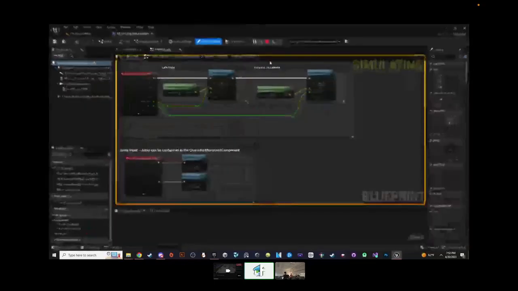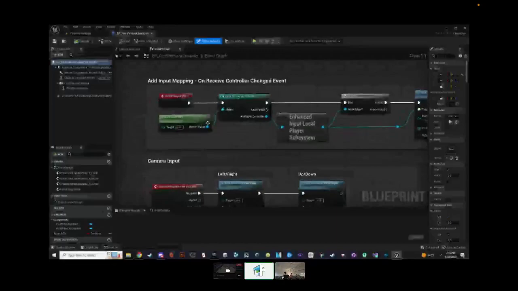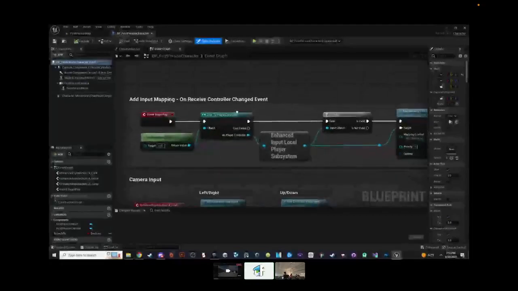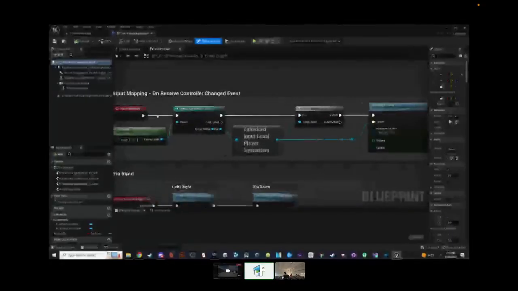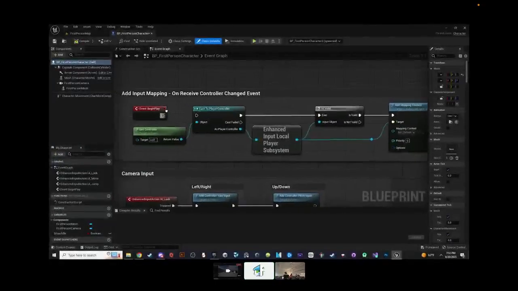So let's say, for example, let's do every coder's number one first task ever: Hello World, right? So there's an event called Begin Play, and this is an event that begins to play for this actor. Then they have these execution pins, right? And you can drag out of them.